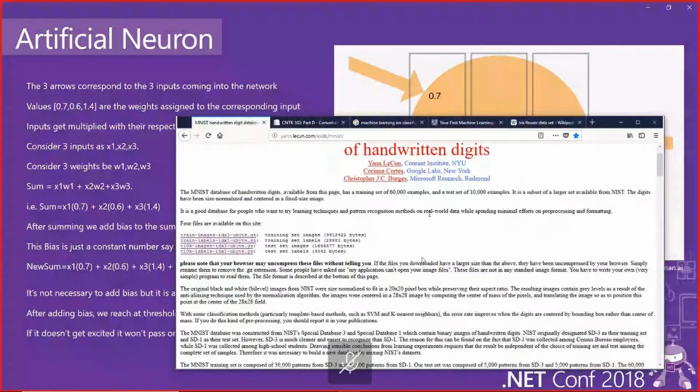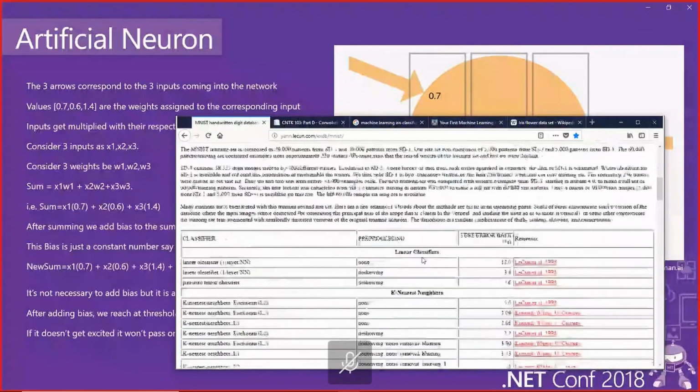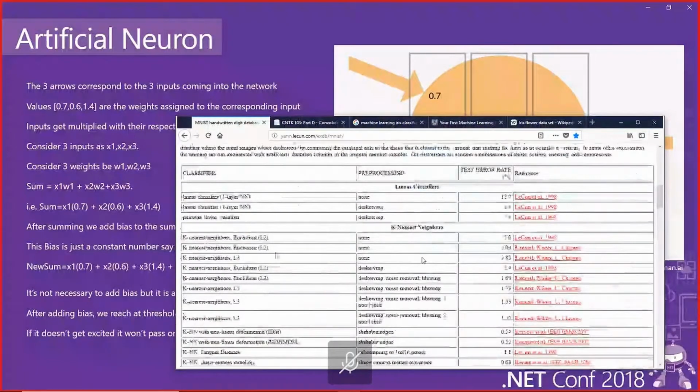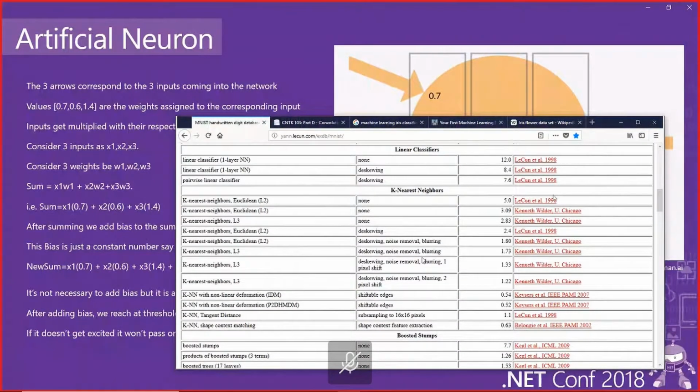So here, as you can see, there are several different classifiers used to create a machine learning model. What does it mean? We get the dataset, we train the model with one of these classifiers and also with post-processing, and then we get the result.